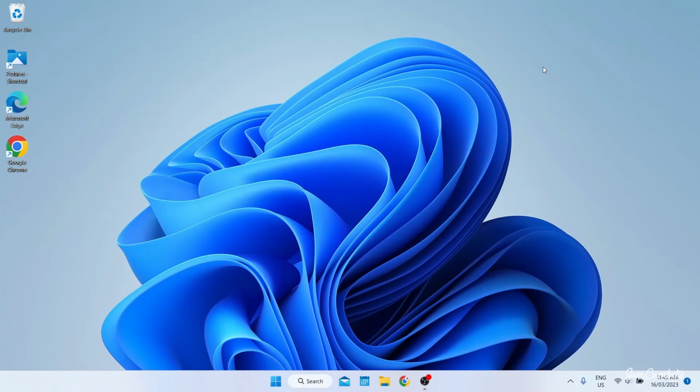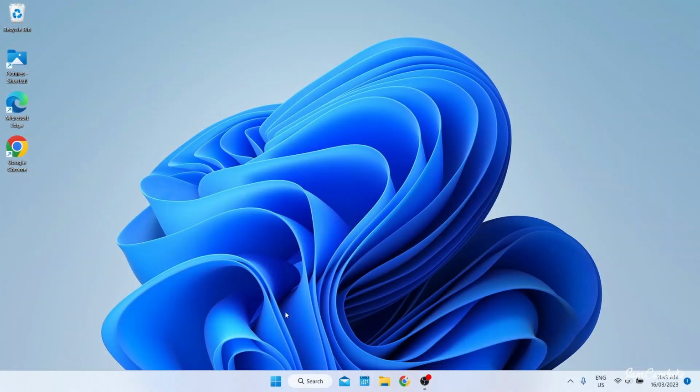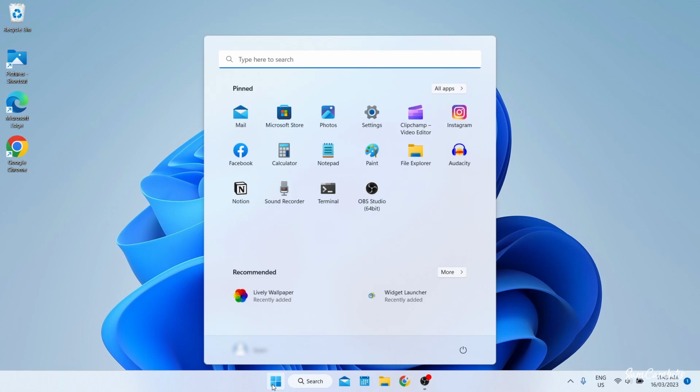Hey guys, I'm Sam Cambetis, and in today's video I'm going to show you how I customize my Windows desktop to look like this. So the first thing we want to do before making any changes to our computer is